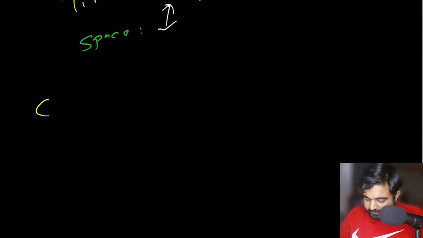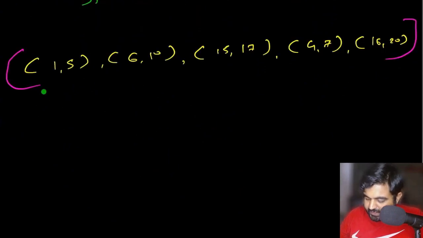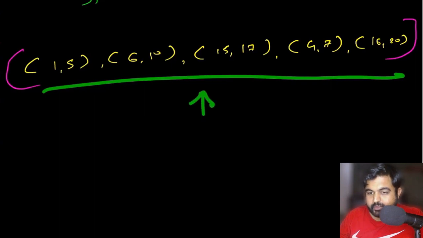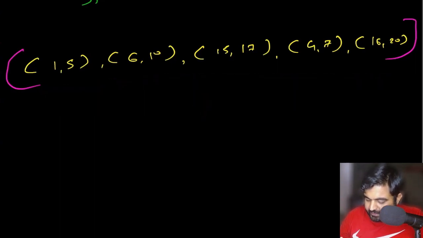Suppose we are given a set of intervals that looks like this. Okay, so suppose this is the input we are given. Now I'm showing you a suboptimal solution for your knowledge only. So what we can do is create a graph solution and find all the connected components, and then we would be able to solve this problem quite easily.